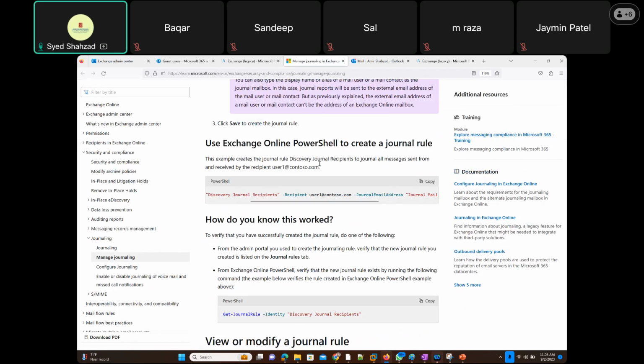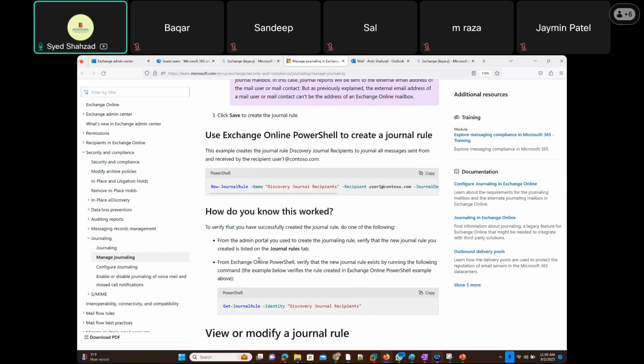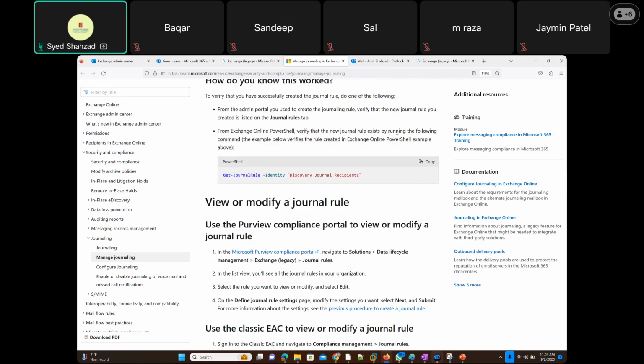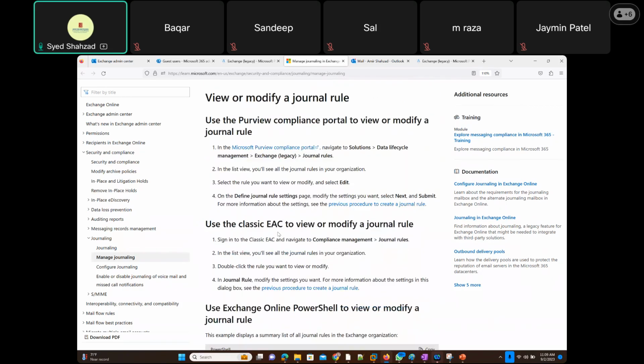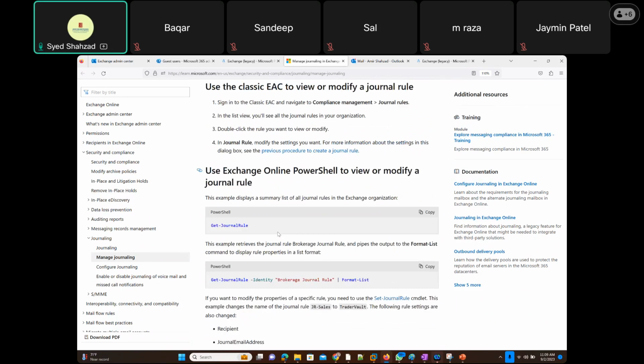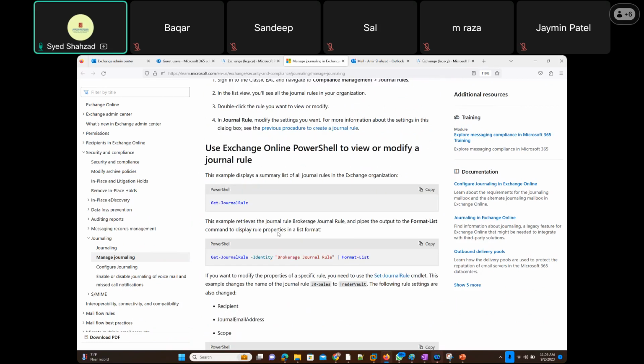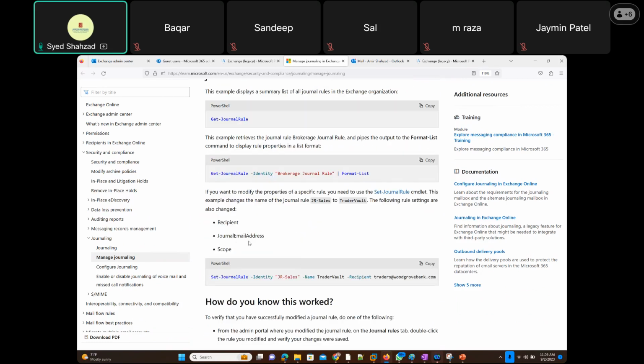There, creates a journal rule. Recipients to journal all messages sent from and received by the recipient. Oh yeah, this is about, but to whom they are sending this, because there has to be an email address service, right? New journal rule. How do you know this worked? Verify the new journal rule exists by running the following command. Yeah, it's not taking the email address, dude. Okay, recipient, journal email address. Yeah, there it is. So journal identity,